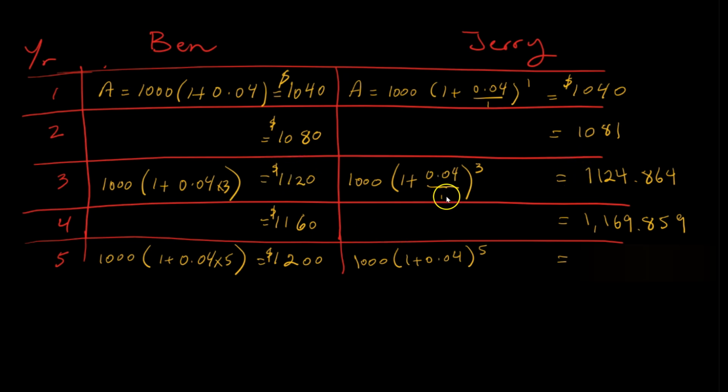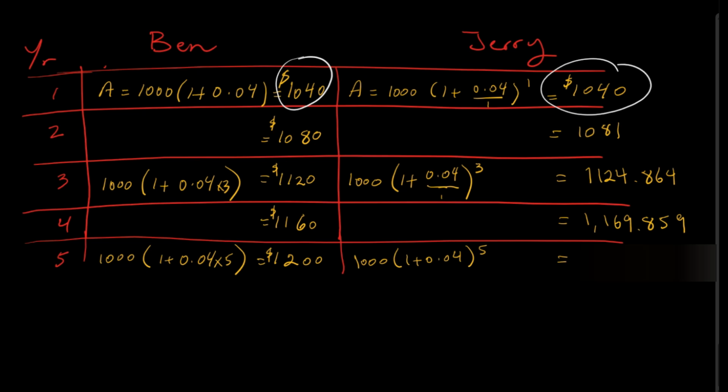And you notice that in the first year, they are the same. So this value here and this value, they're both the same. But as you go through the years, in year 2, there's a little bit of difference. We got 1,081 and we have 1,080, so $1 more. Not much, but it's going up. But notice what is happening as the years go by. The differential between the values is getting larger and larger. First it was $1, now it's $4 or $5, and then you go up to $9, and then by